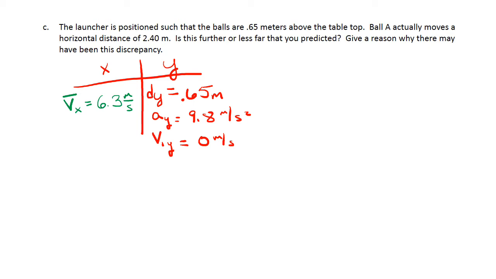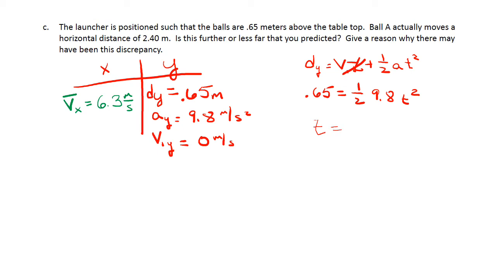So the first thing I'll do is figure out how long it's actually in the air for. So d in the y equals v initial t plus 1/2 a t squared. V initial was 0, so I can cross out that term. And so the time comes out to be 0.36 seconds. Next, I'll use my x information to figure out how far the ball went. So it was traveling at 6.3 meters per second for a time of 0.36 seconds. And so the distance it travels turns out to be about 2.3 meters, which is less than the